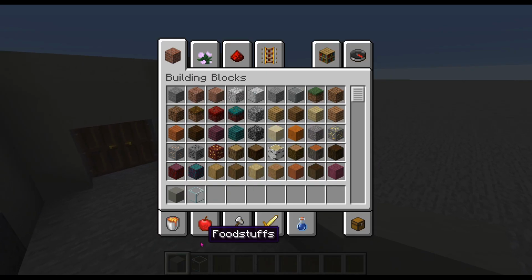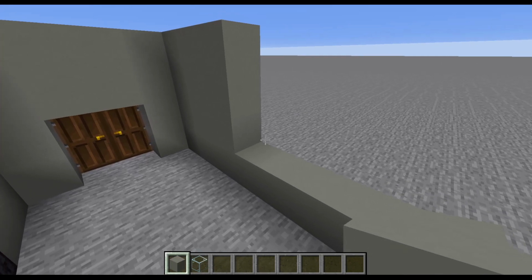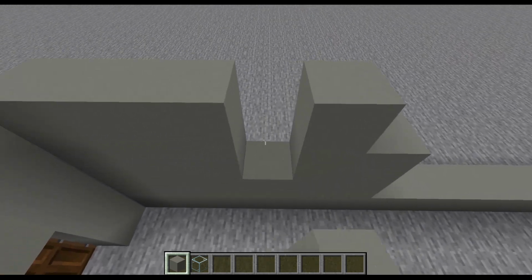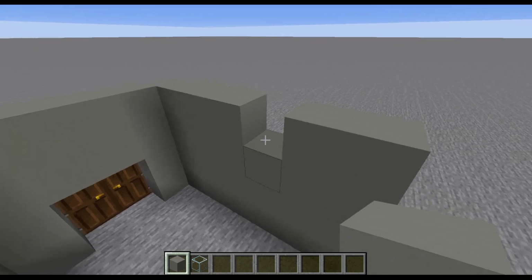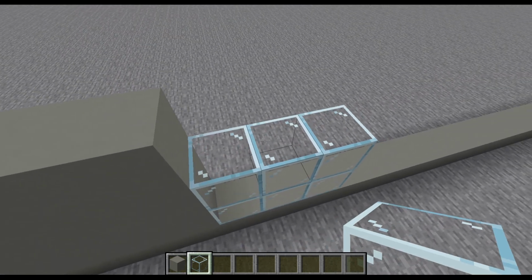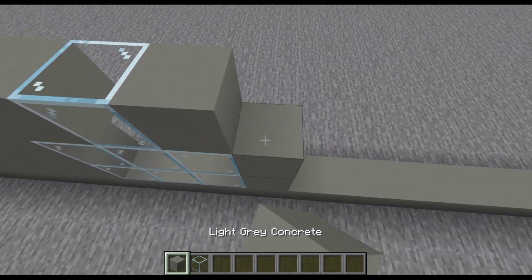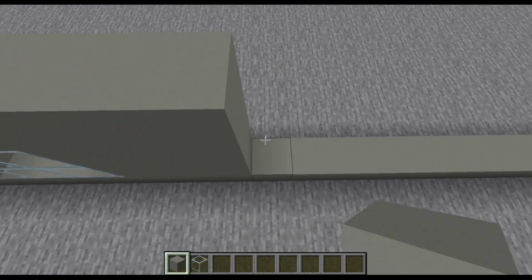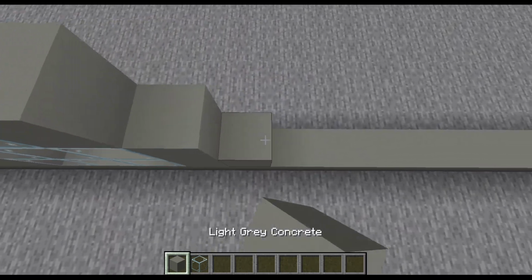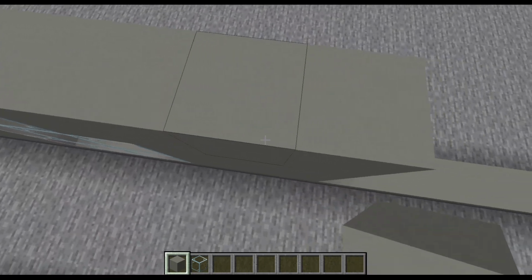So the first window is 6 blocks in, and then the next ones are 3 blocks after that. So 1, 2, 3, 4, 5, 6. And then there's going to be a window. So we're going to grab some normal glass, fill in 3 blocks above that, and then 1 block in the middle of that. Then 1, 2, 3, like that. And we're going to copy that exact window pattern, and we'll do that once more, and we'll have ourselves 3